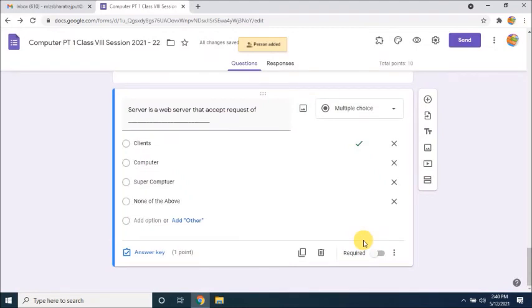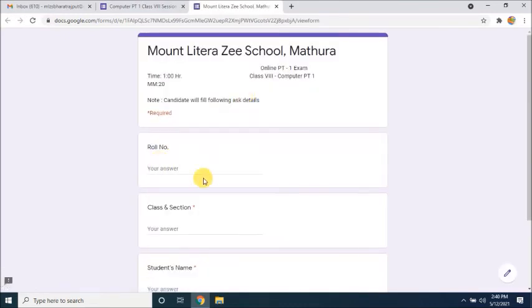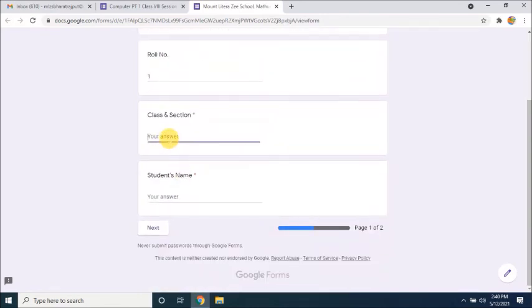Okay, now after completing your paper, you have to just see the first look of your paper with the help of this eye, that is called a preview. Let's see. Okay, like roll number 1, class and section like 8, student name sample, then next.